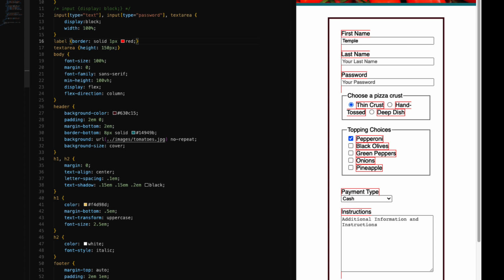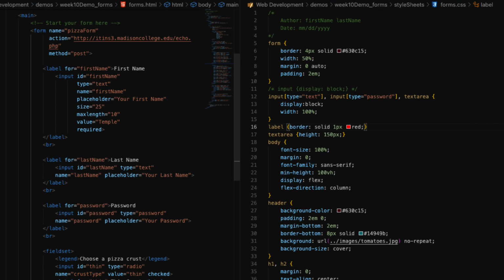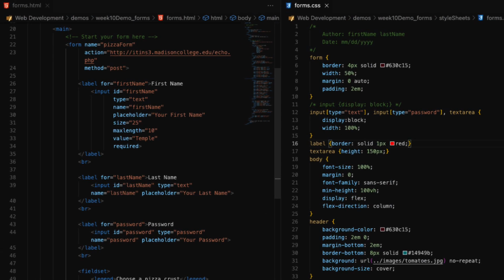Now there's some things that we can notice right away. Since the label element is an inline element, the next element is going to start where the label ends. That's what causes our form to look a little bit jagged. We want things to line up where it starts and stops in the same space. We can adjust our label elements in the HTML by adding a class attribute to each one and then setting